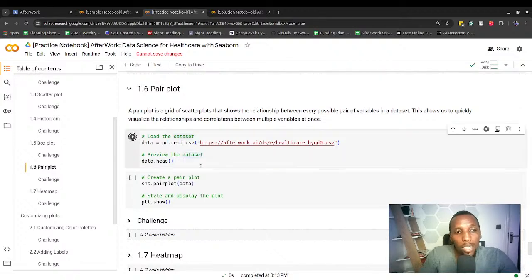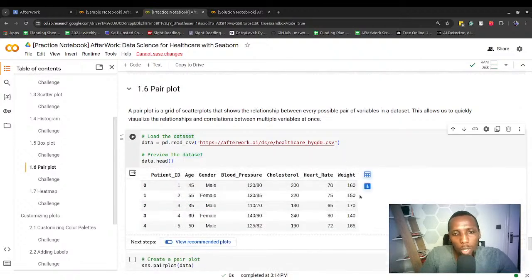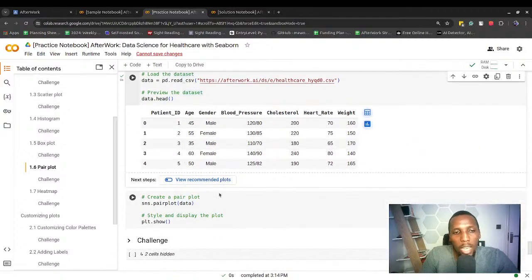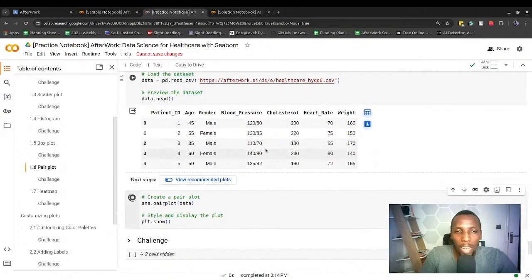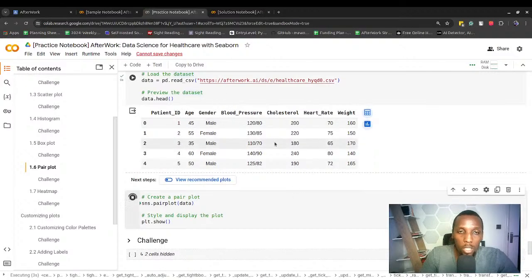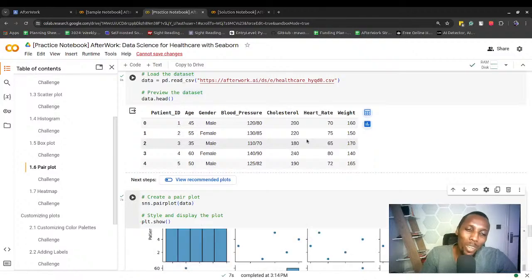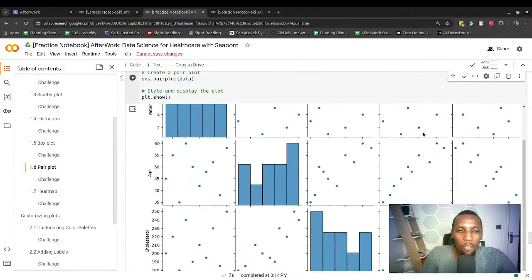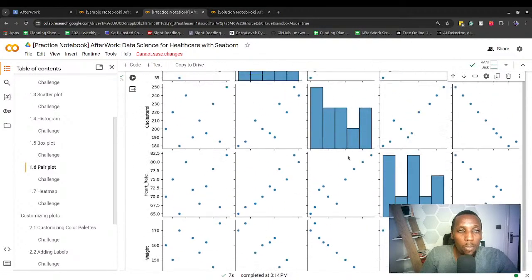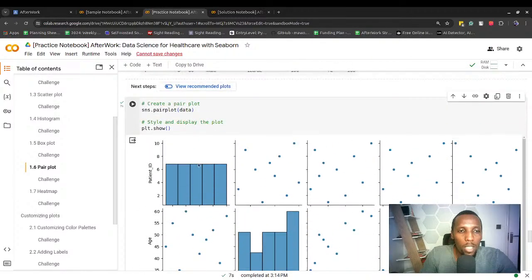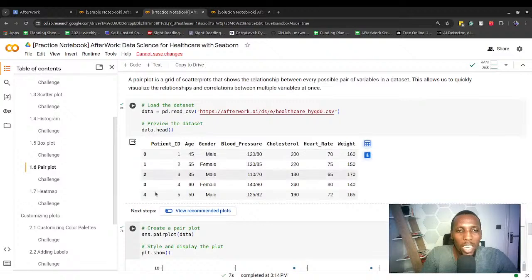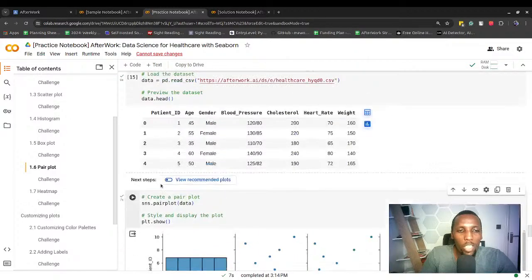So first of all, let's load this data set and preview it to understand its structure. And then we can create a pair plot for the numerical variables. Generally, a pair plot will just plot for the numerical variables. So here, as you can see, we have patient ID, age, we don't have gender,